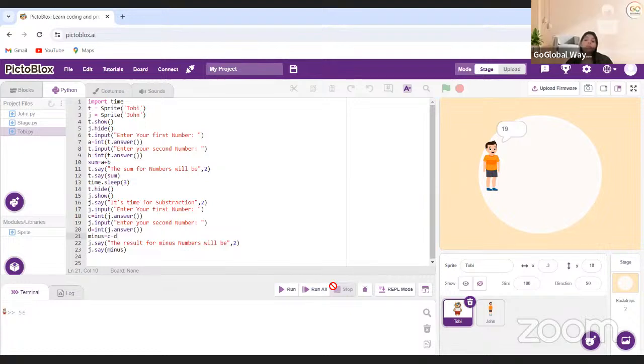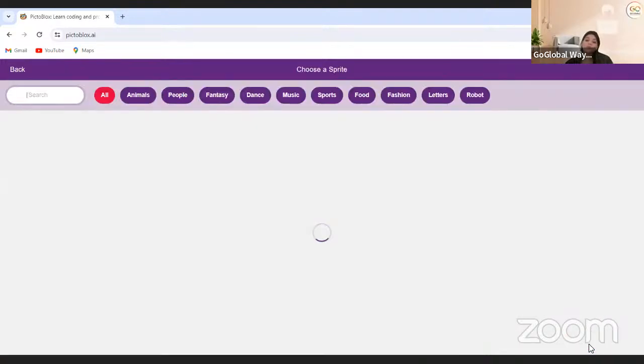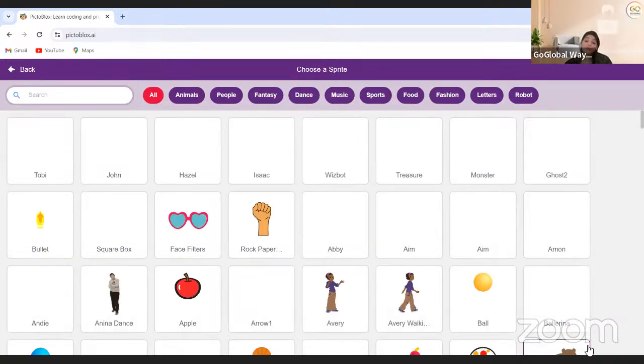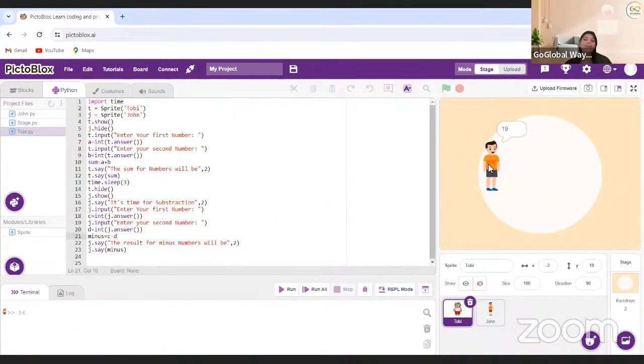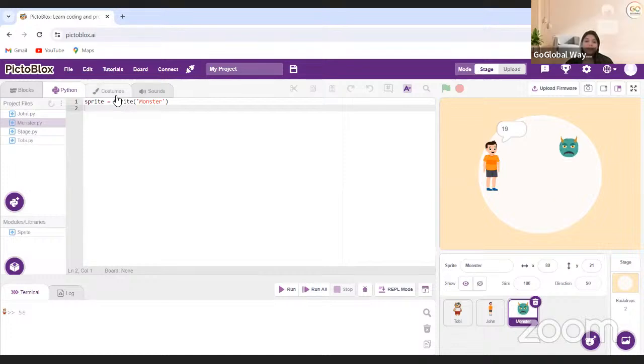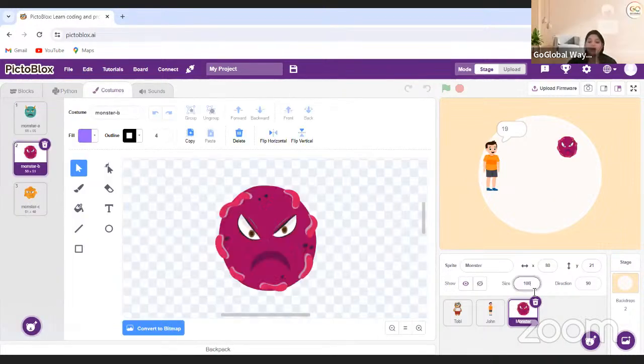You can even add more sprites, like I can add one more sprite for division. Okay, so I will take monster. So I want that monster will come and will ask me for the division. This monster I want, and I will resize my monster as 200 in size. So I want that monster will come, will show over here, and will come to